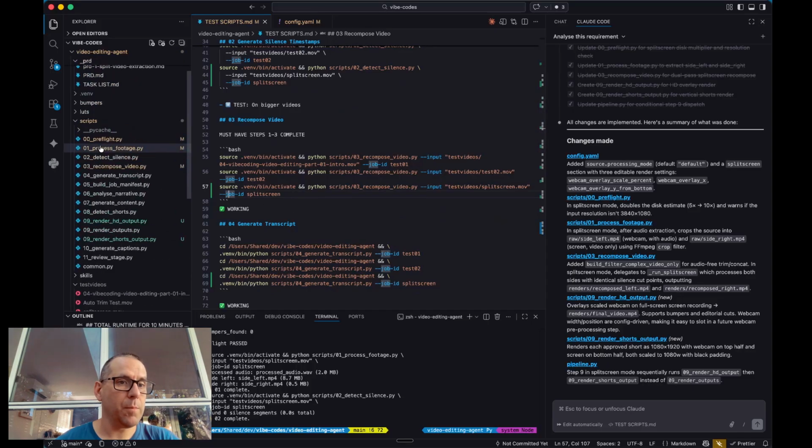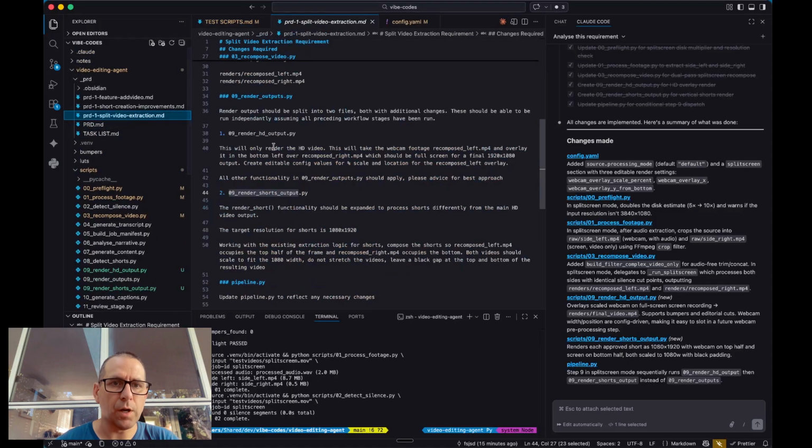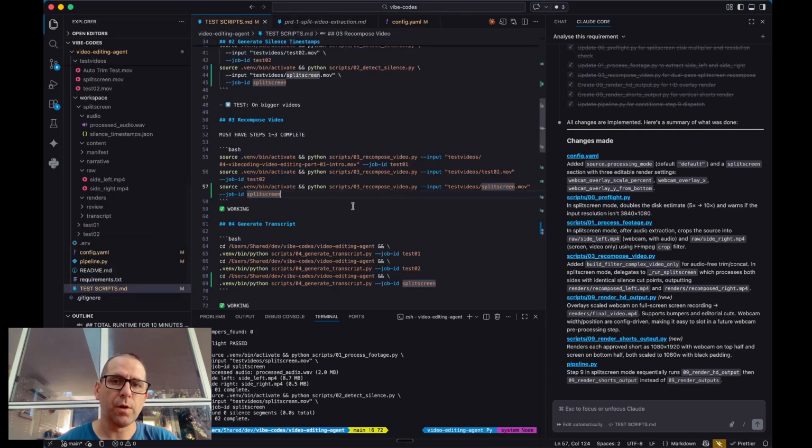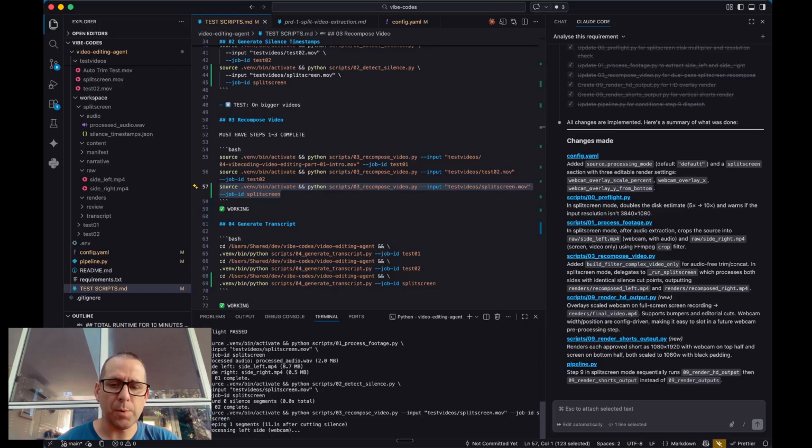And then number 3, recompose video. I've completely forgotten why I asked this to do now. Okay, it's just going to do the cut and spit out both recompose. So this is kind of dead because there's nothing to recompose. I'm going to run it anyway. This will be an interesting test because